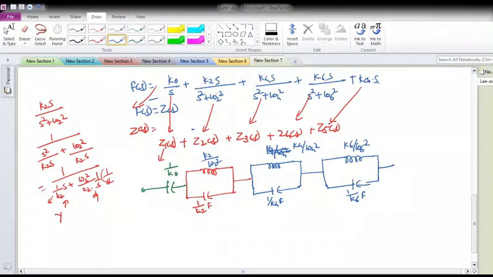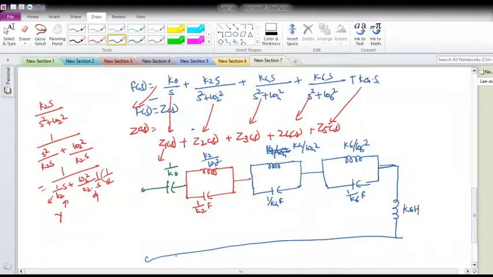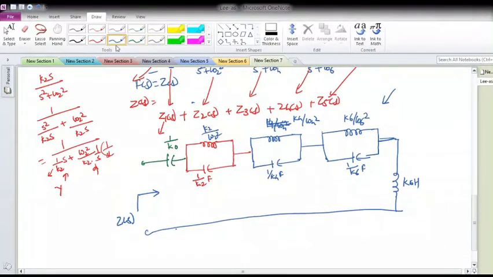And then K infinity into S is simply SL, so the impedance is an inductor now. So with that there will be an inductor, and this completes the synthesis. The value of this is K infinity. So this is one of the forms, and this is the realization of Z of S, the driving point impedance. This form is known as, or has been given by, R.M. Foster. That's why I name it Foster 1.